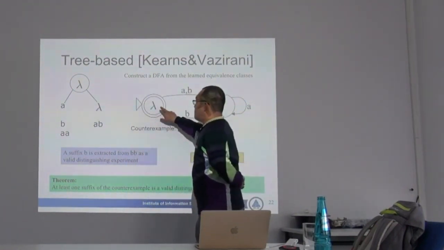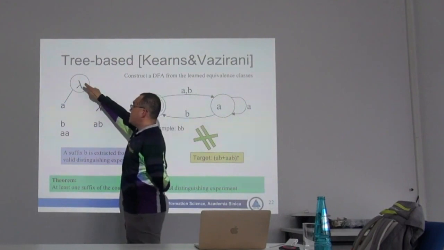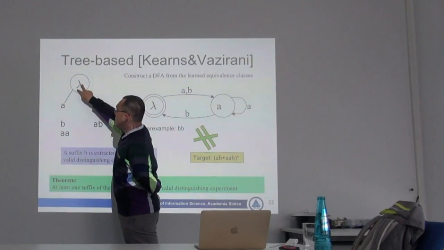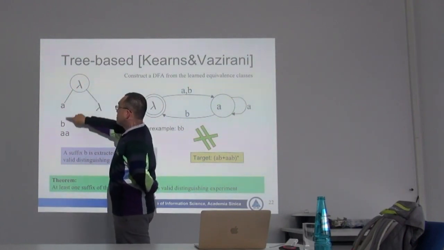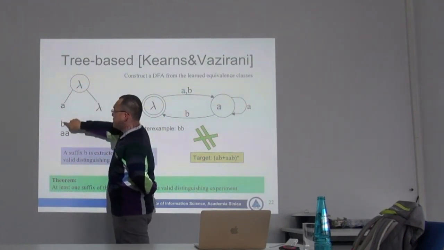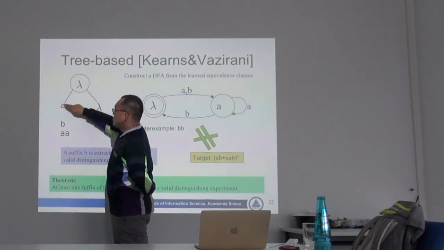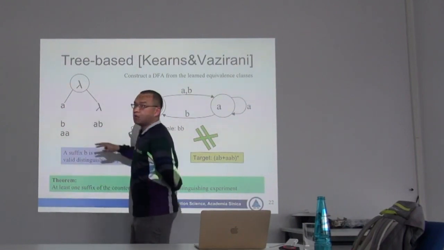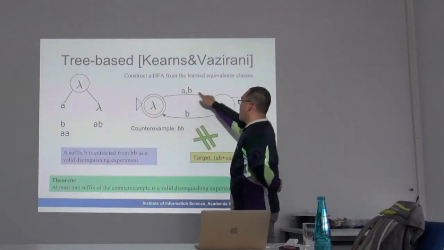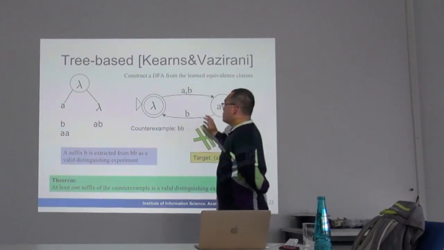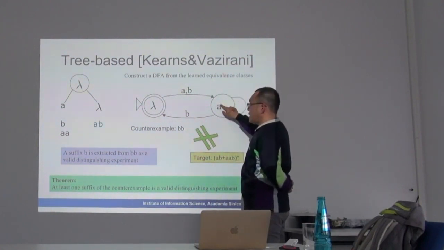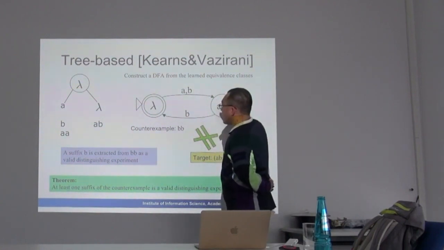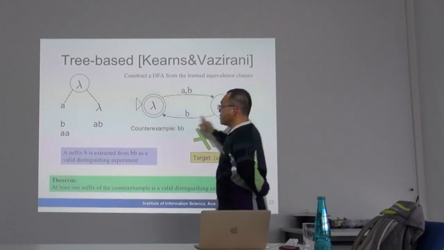And from lambda, if we take B, then we will go to the left branch of this tree, because B concatenated with lambda is B, which is not in the language. So in this case, we say that B and lambda are the same state because they go to the same node. So from lambda, after taking B, we go to here. And also from A, after I take A, I will go to itself because it goes to the same branch.